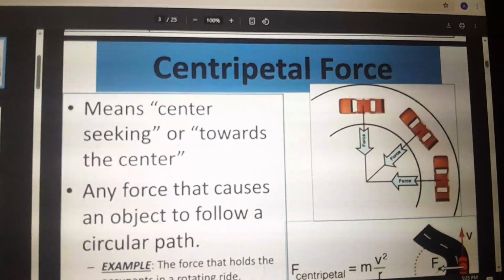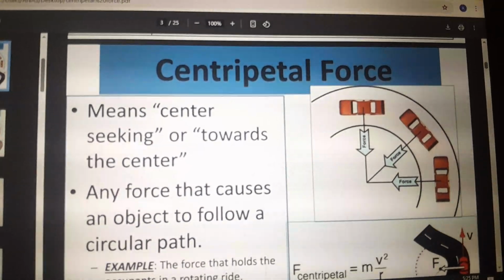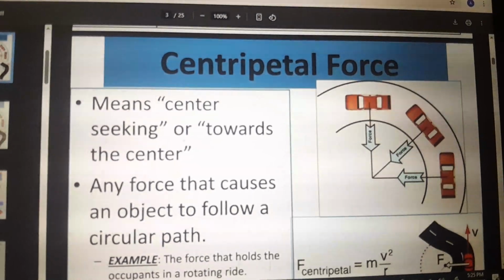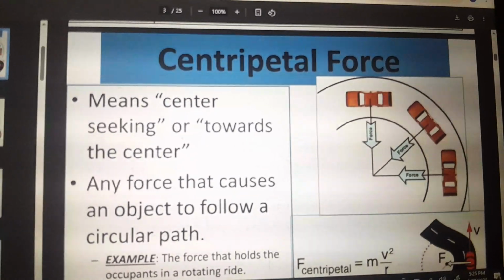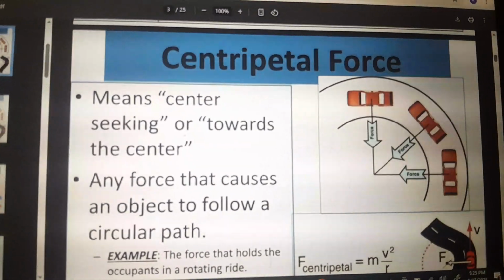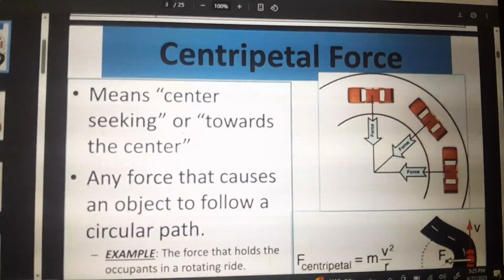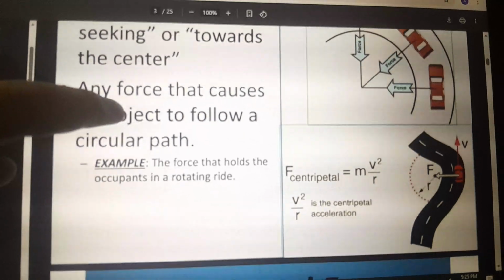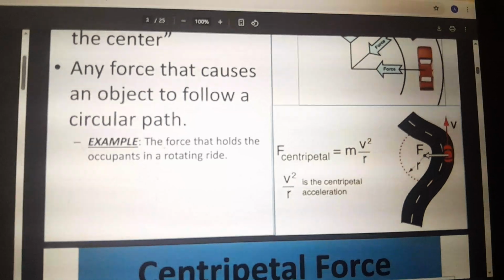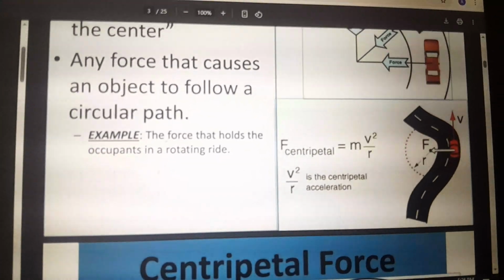So every object which revolves in a circle, there must be a force that is provided to that object which keeps it moving in a circular path, and that force is a centripetal force. Centripetal force is a center-seeking force that causes an object to follow a circular path, and its formula is F equals mv squared over r, where m is the mass and v squared over r